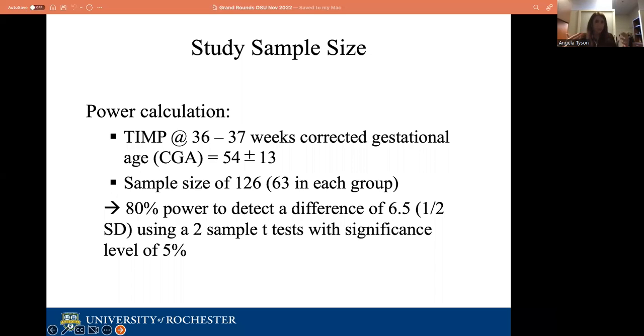This is statistically significant to say this kid is a moderate or a low or a high risk, as long as their scores are within 6.5 difference. Okay. So that's a standard deviation. A full standard deviation for my study would be 13 points difference, but 6.5 points is half a standard deviation. So I'm going even more specific than a full standard deviation for what the score should be different in my kiddos. So when you're powering, you go through full power, 90% powered, 80% powered, 70, 60, 50, and